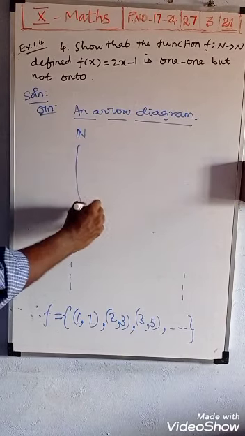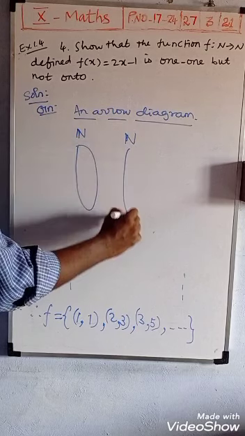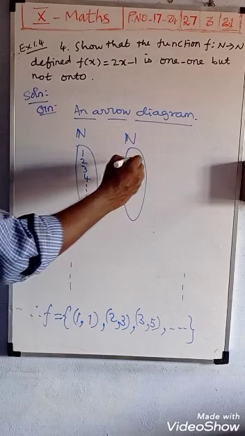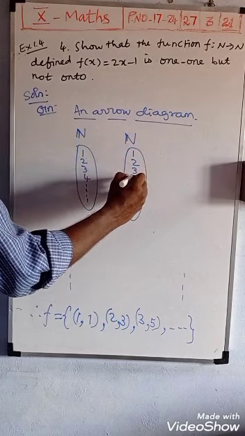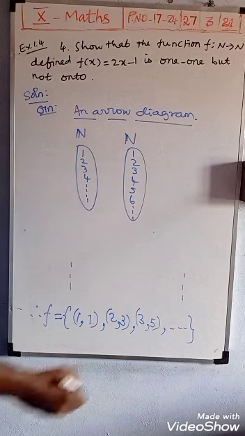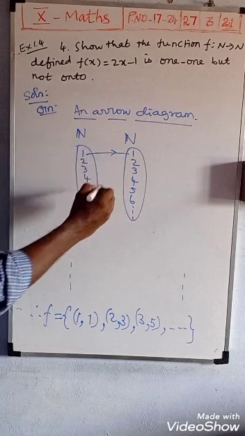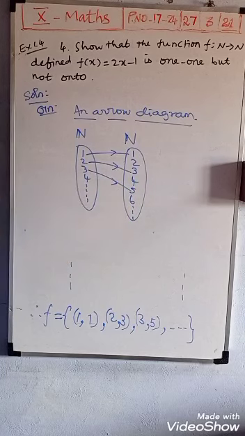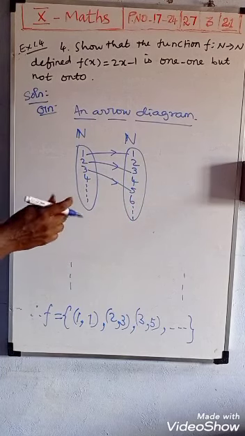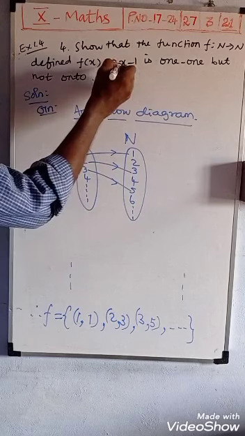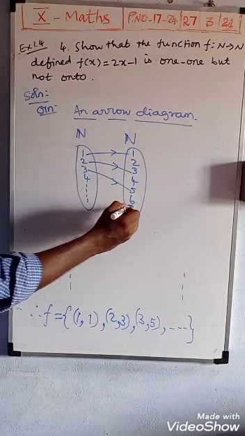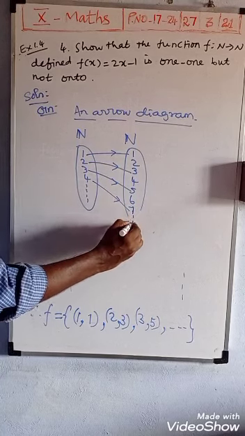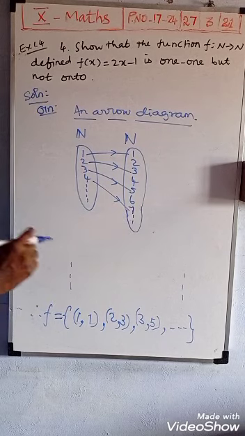First, the domain is natural numbers and the codomain is also natural numbers. Here 1, 2, 3, 4 up to and so on, and here also 1, 2, 3, 4, 5, 6 up to and so on. Now 1 is mapped into 1, 2 is mapped into 3, then 3 is mapped into 5. Like that it will go on. Now substituting 4, 2 fours are 8, 8 minus 1, 7 you will receive. So 4 maps to 7. You should compare like that.